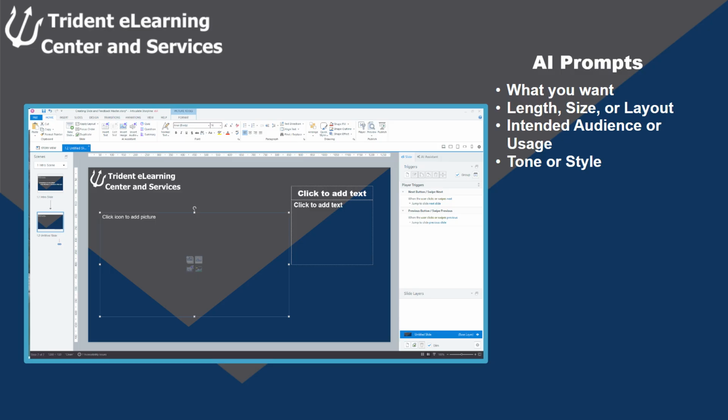A stronger prompt gives the AI more direction, like, "Write a short two- to three-sentence explanation of the ADDIE model for an e-learning slide. Keep the tone clear and instructional. Avoid jargon and focus on the purpose of each phase." And if you want to be even more precise, which is a great idea when working with limited space,